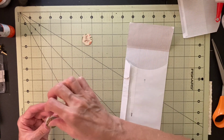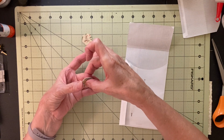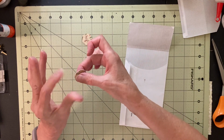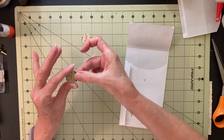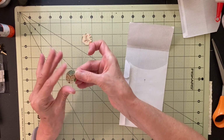And get this one on. Doing the same thing, just kind of squeezing it around a little bit and pressing it down. And I have too much glue on my fingers for this. Okay, so now we have our two pieces to